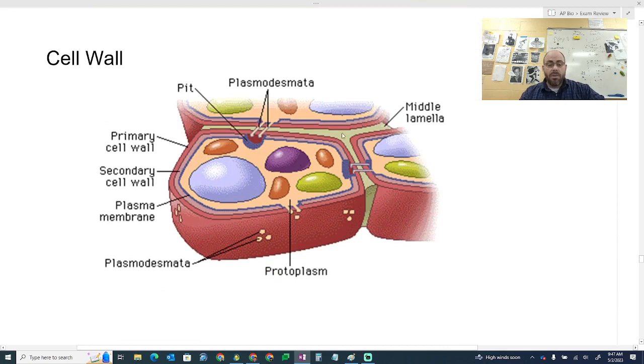Cell walls are also not a passage or an impenetrable barrier. Sometimes cell walls will have little holes in them called plasmodesmata, which allow two cells to communicate back and forth, almost like the door between two classrooms, like I have right behind me here,